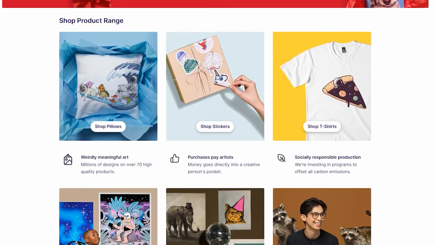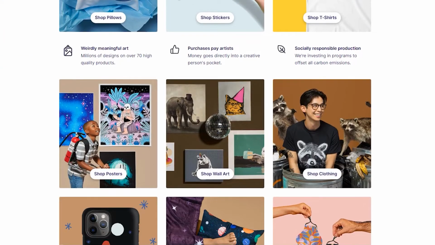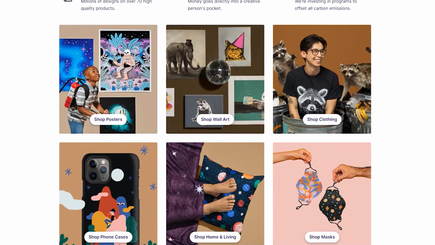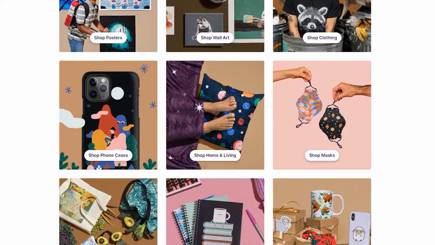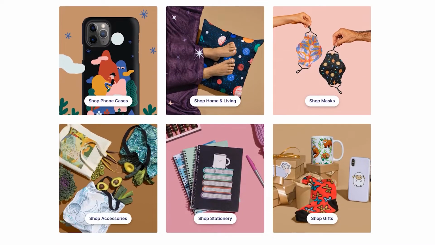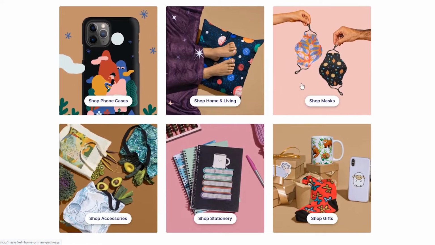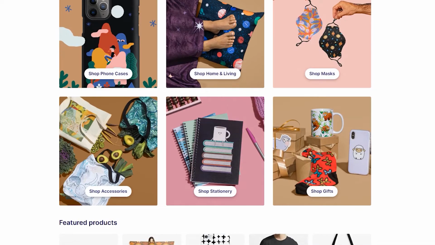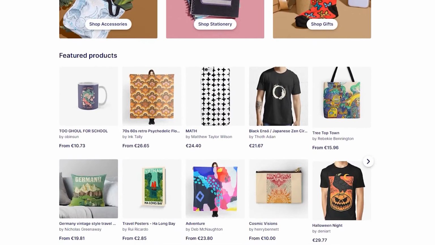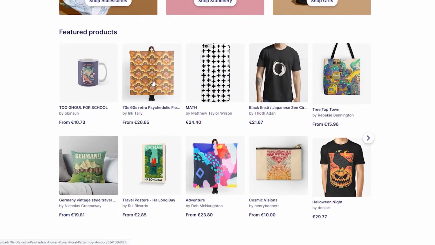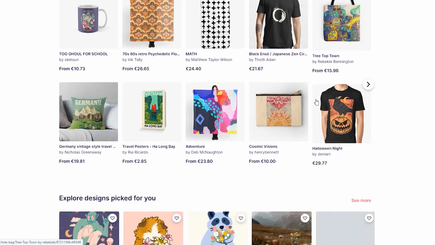Do you want to make a design that looks great on t-shirts, posters, but also on stickers or phone cases? Redbubble provides us with the different dimensions for their products, and for beginners it can be difficult to know exactly what dimension sizes you should use for your Redbubble products. Do you need to make designs in different dimensions, or is there one single size and dimension that you can use on every single product?